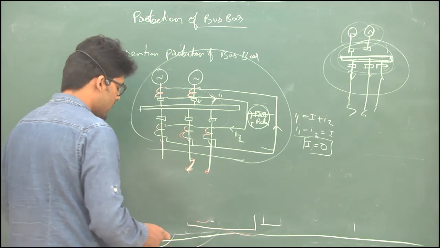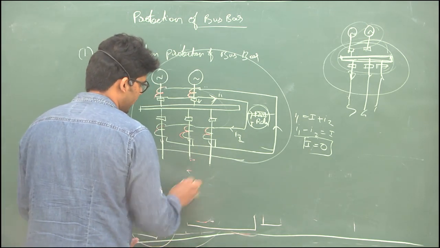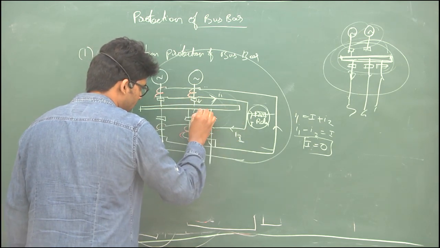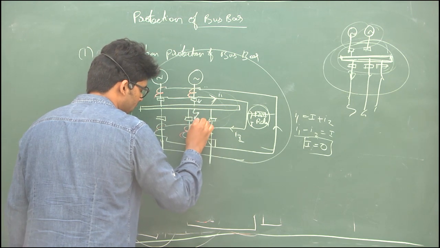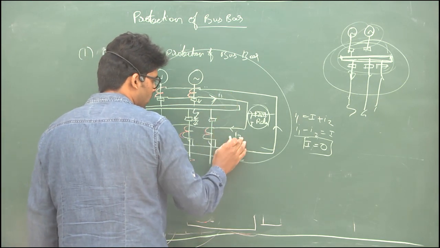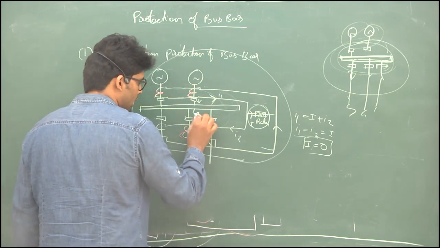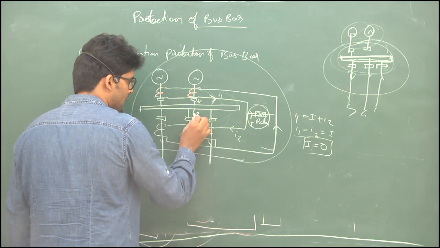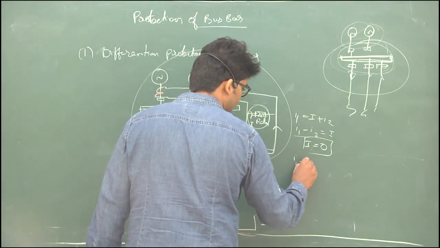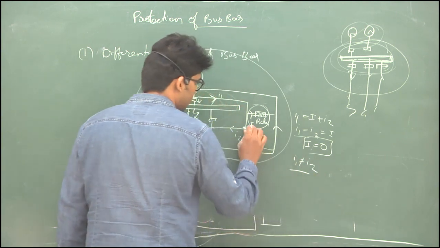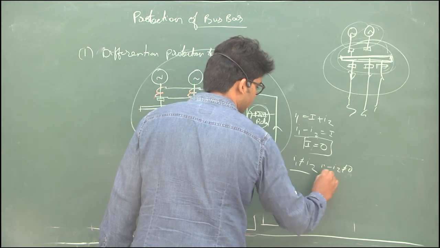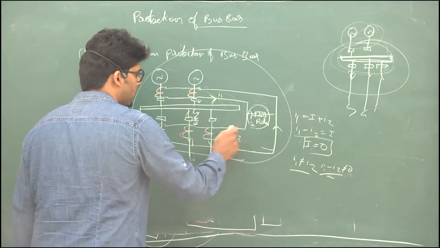Now consider a fault that occurs internally, that means within our protection zone. If the fault occurs somewhere here in the bus bar, or at the CT or the isolation, then the current I1 will not equal I2, because a fault has occurred in between. There is a malfunction happening in between. This current will flow, which is not equal to I1. Therefore there will be a change in current, that is I1 will not equal I2. So the relay will operate here because I1 minus I2 is not equal to 0. Therefore the relay will operate for the internal fault.